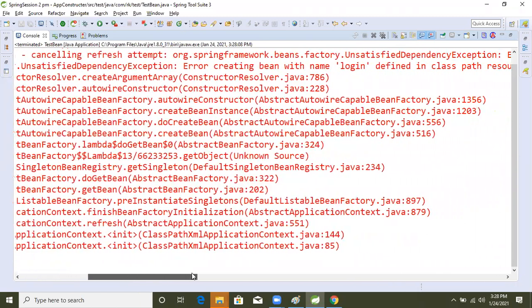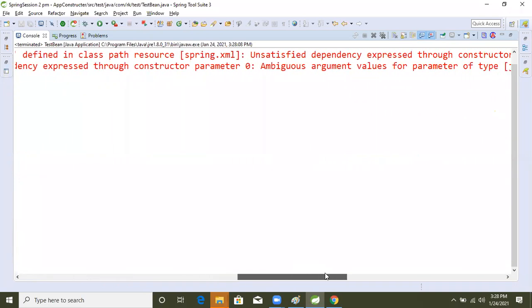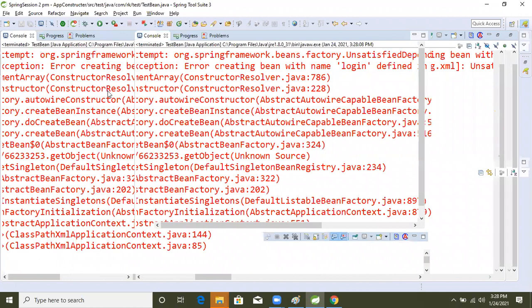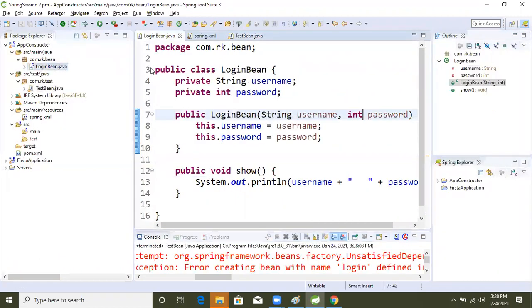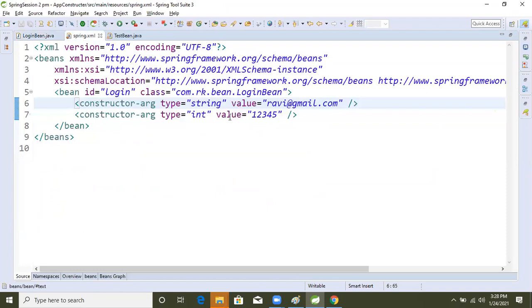Attempting factory unsatisfied dependency logging? Why is it still saying ambiguity? One minute. We have patience, guys. Okay. Oh, okay, now.